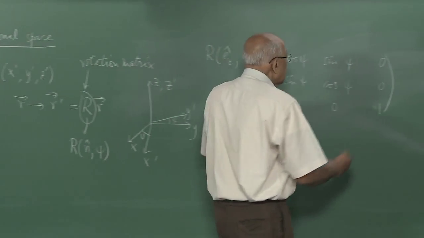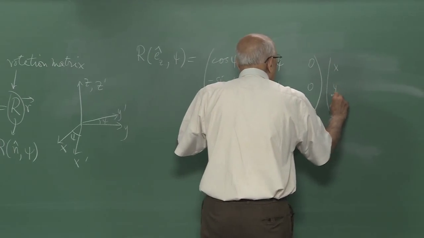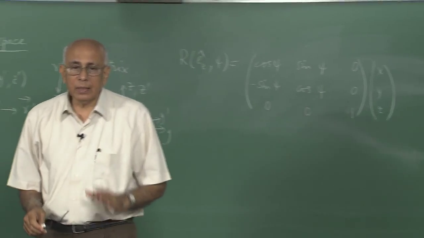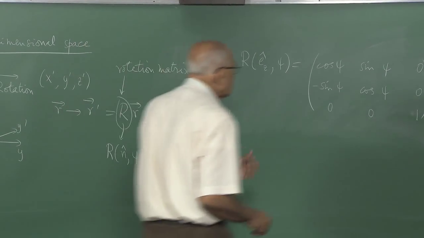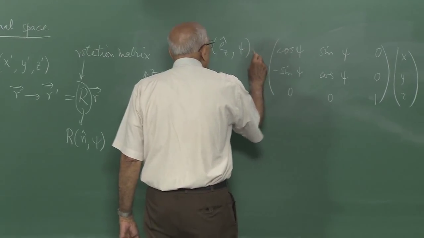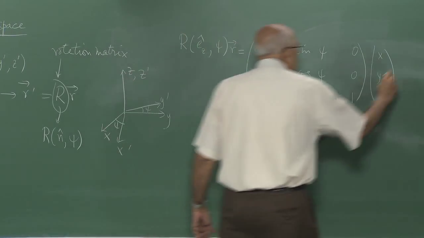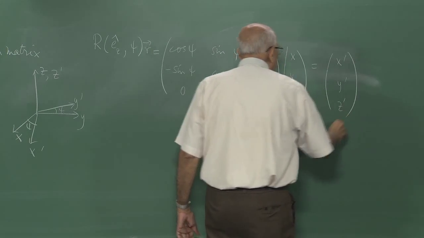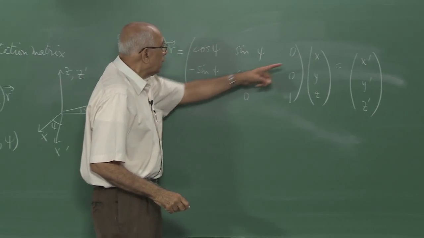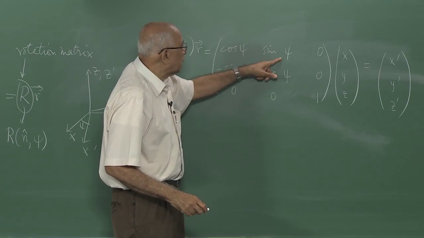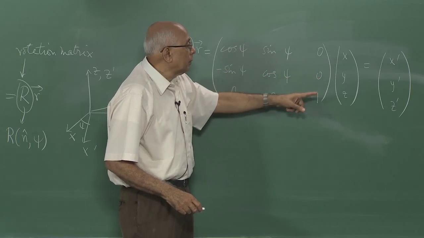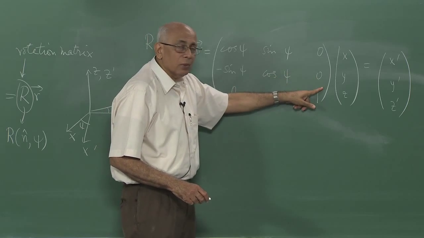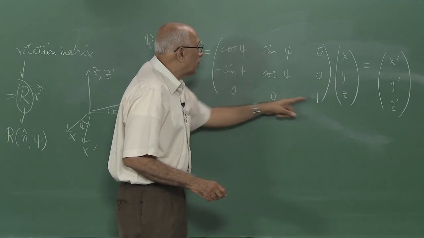So this matrix, when it acts on x, y and z, which is the 3 by 1 column vector representing a point in 3-dimensional space, produces for you, so this thing acting on r is equal to this. This produces for you the new coordinates x prime, y prime and z prime. And of course you see immediately that x prime is x cos psi plus y sin psi plus 0, y prime is minus x sin psi plus y cos psi plus 0, and z prime is equal to 0 plus